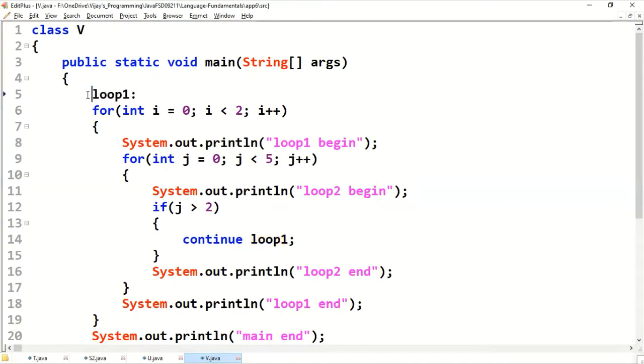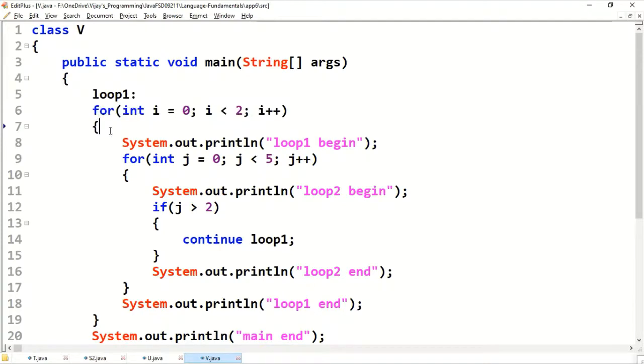See, this name can be anything, not only loop1. This is a valid identifier. Label should be a valid identifier name, otherwise you'll get an error.